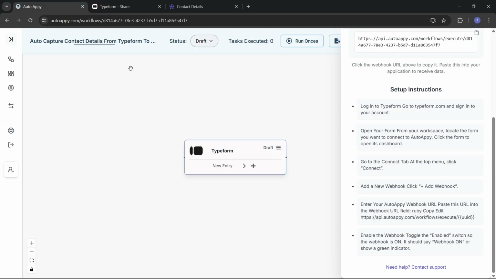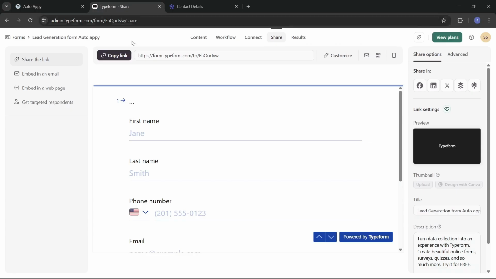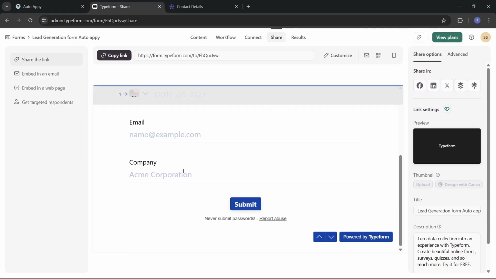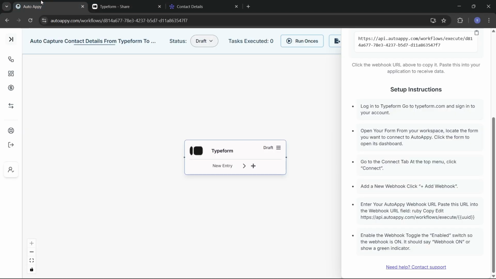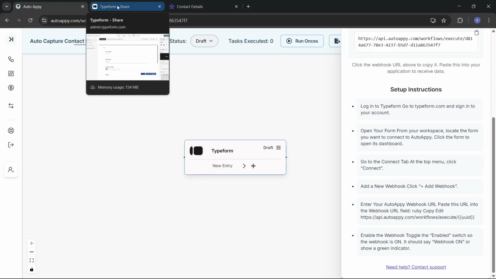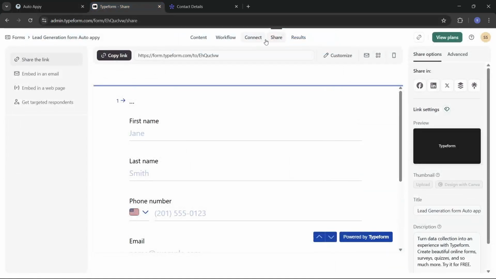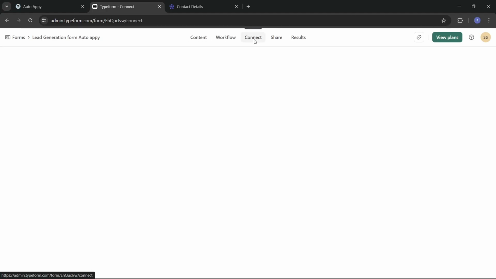So here I'll just head on towards my Typeform which I have created. So basically this is the Typeform I have created with the following fields such as the first name, the last name, the phone number, email and the company, which is also having a shareable link available. But before that, let's go on to our steps. So it is saying that go to the connect tab. So here follow me, and here we have to go and search connect, which is the third tab from this list. So go to connect,